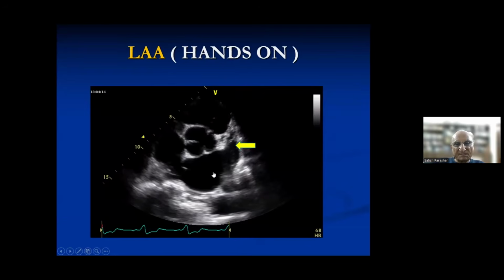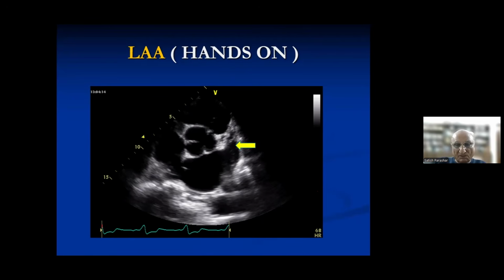This is the left atrial appendage, like a finger-like projection from the left atrium. Aorta, LA. Now this is the importance of the first two lectures of the anatomy, which I don't know if you have revised or not. LA is always behind the aorta, and goes in a finger-like projection. This is known as the left atrial appendage. And how to recall that will not be by theory, but by demonstration or hands-on.